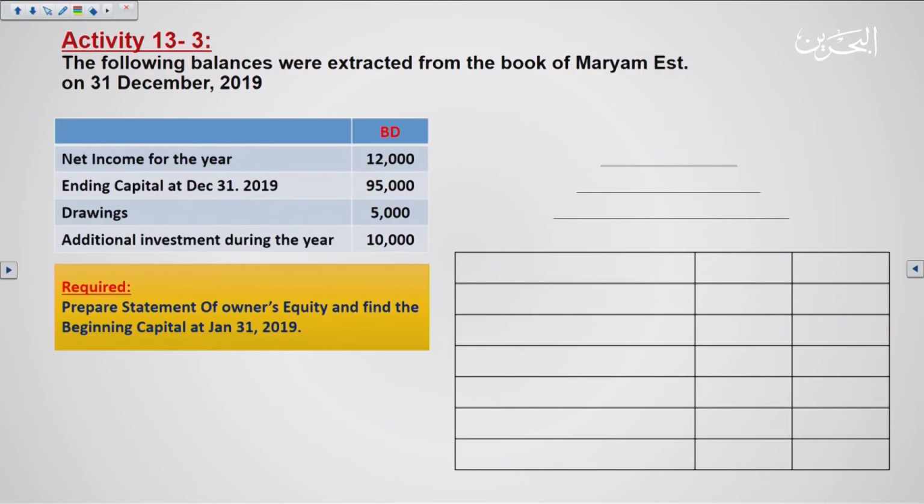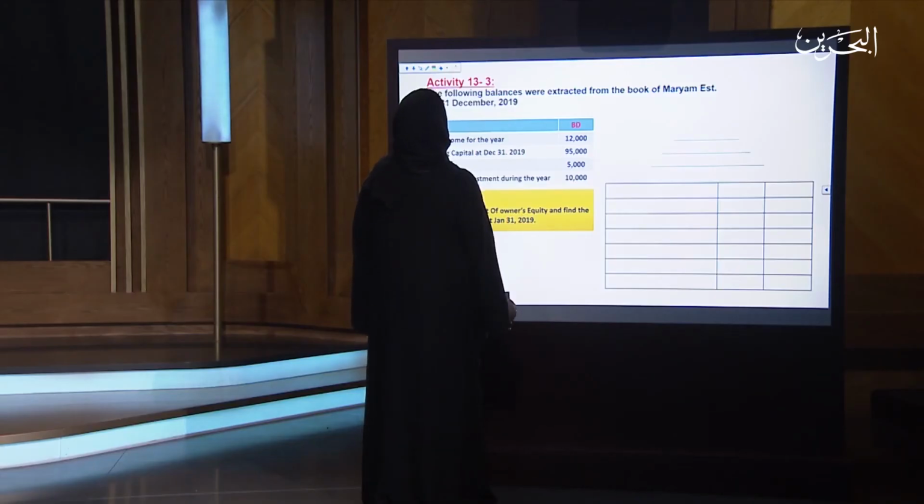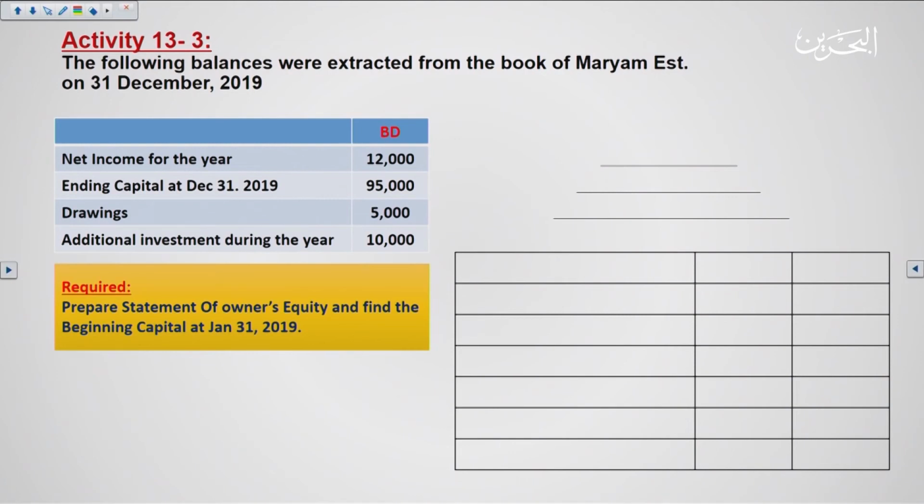Moving on to activity number 3. I want you students to focus on this activity because it has a little trick. First, let's see the question. The following balances were extracted from the book of Maryam. This is the name of the company. It was prepared for the period of 31st of December 2019. We have this